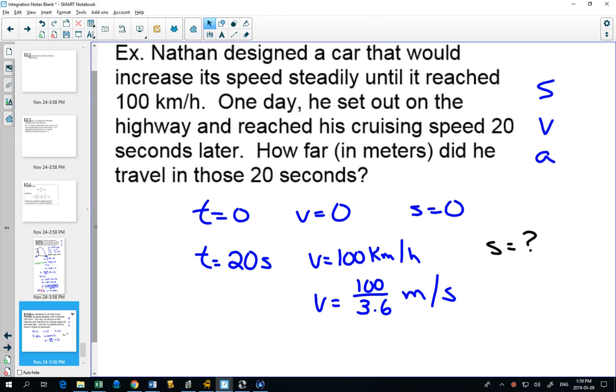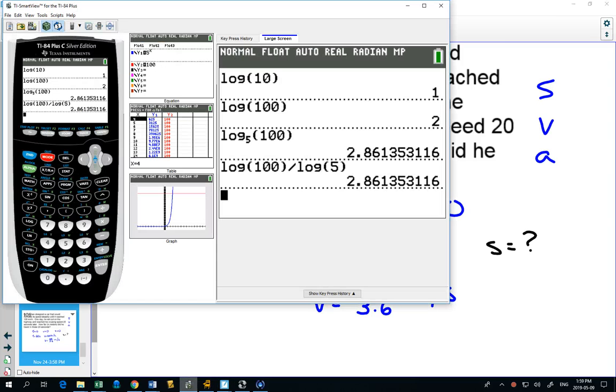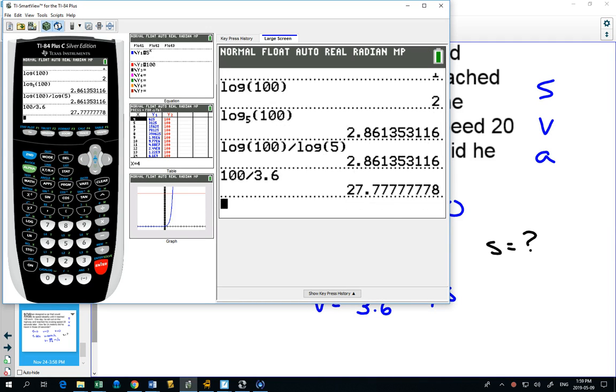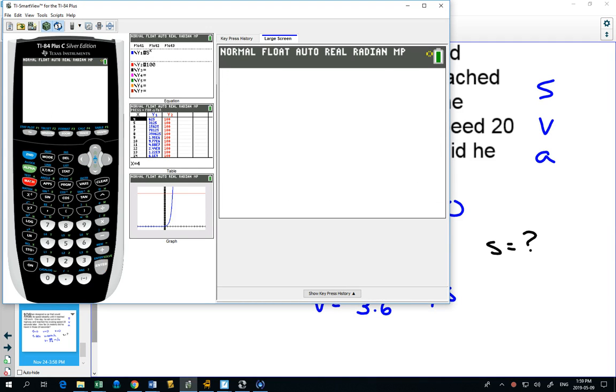Okay, a couple of things with your calculator that you could do. I like some of the fancy stuff in your calculator. 100 divided by 3.6, that's a negative sign. 100 divided by 3.6 is 27.78. Math fraction